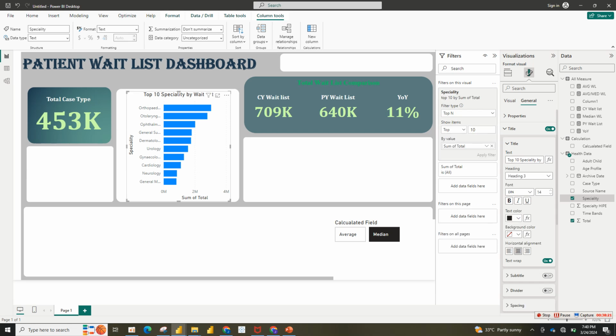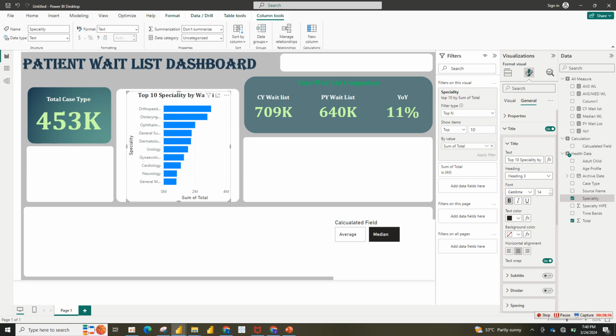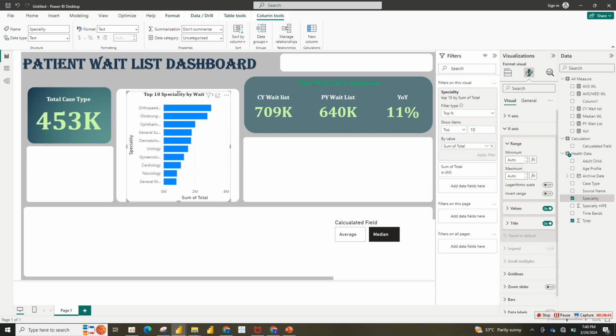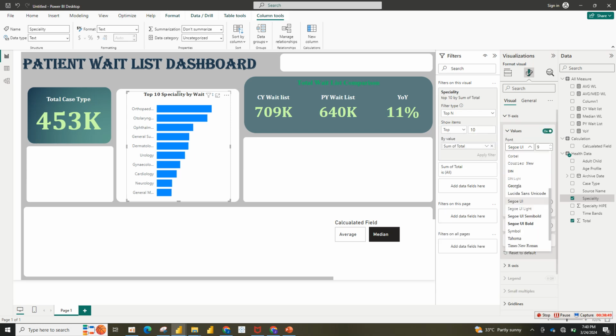So I'll put it here again, change this to black. We can reduce this. Then we can now start formatting other things. For my x-axis, remove everything, then y-axis, remove the title only, then this to my favorite font, change it to black, and put it,